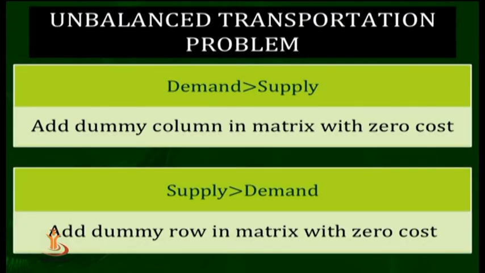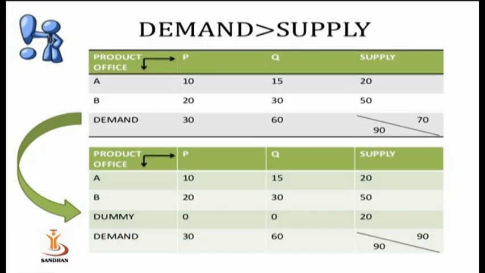Also, in any transportation problem, there are two cases. If the demand is greater than the supply, then we have to add a dummy column in the matrix with zero cost. And in some cases, if the supply is greater than the demand, we have to add a dummy row in the matrix with zero cost. We will try to understand with the help of an example. Looking at this figure here, the first